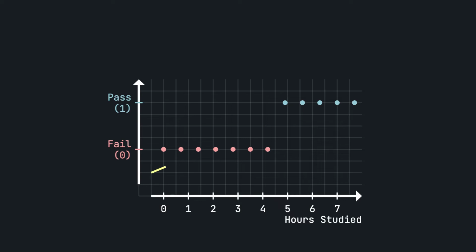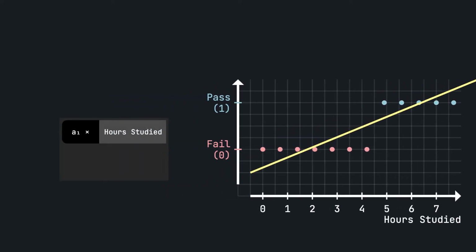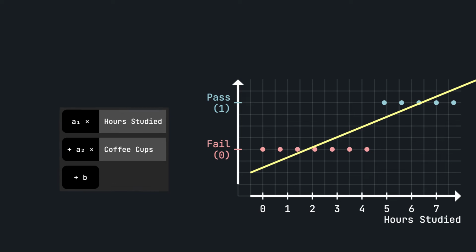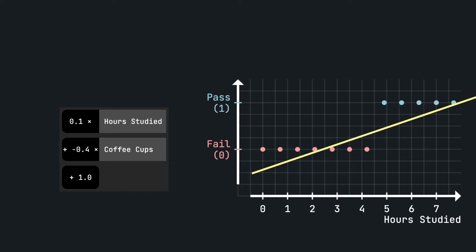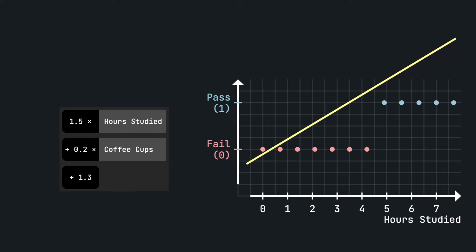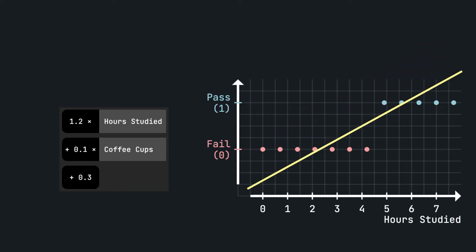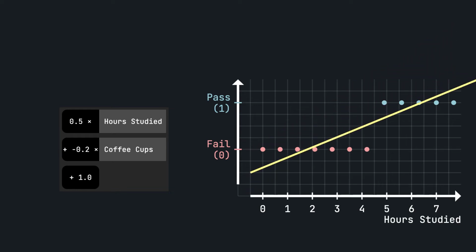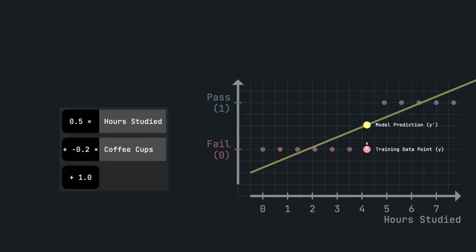Anyway, if we use linear regression here, we will predict the output as a linear function of our features, plus possibly a bias or constant term. And here we have just one feature, which is the number of hours studied, but we can easily consider more features, for example, the number of cups consumed by each student in the week before the final exam. Linear regression searches for the coefficients that will make this line be as close as possible to our training data points. And we measure how close we are to a particular data point by taking the difference between the outcome